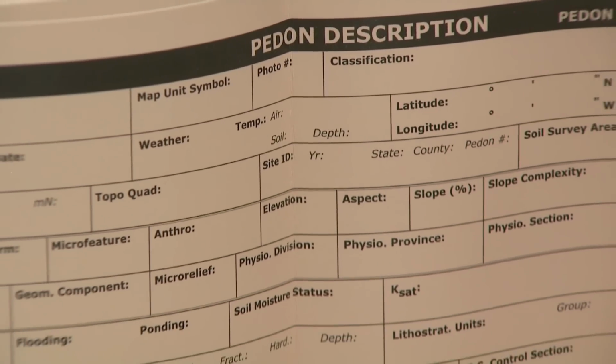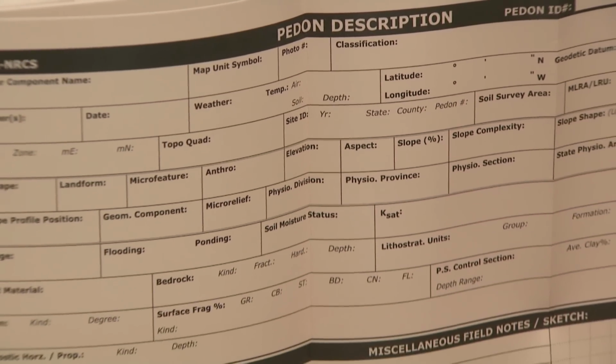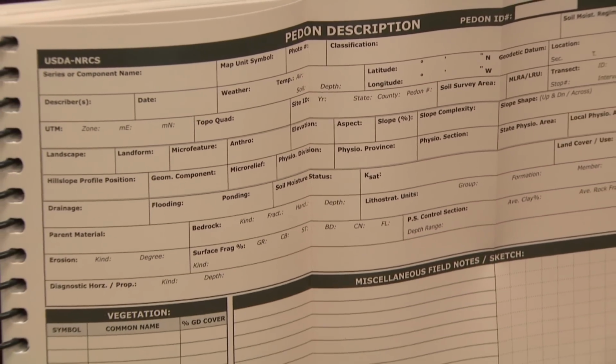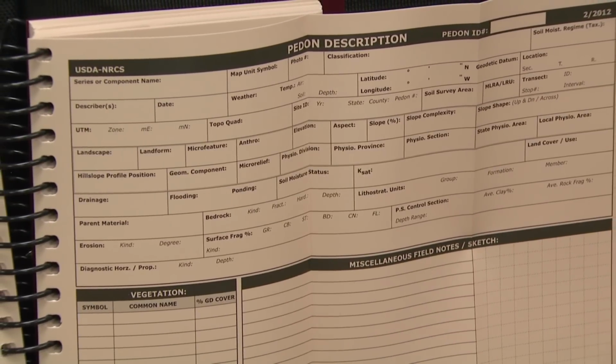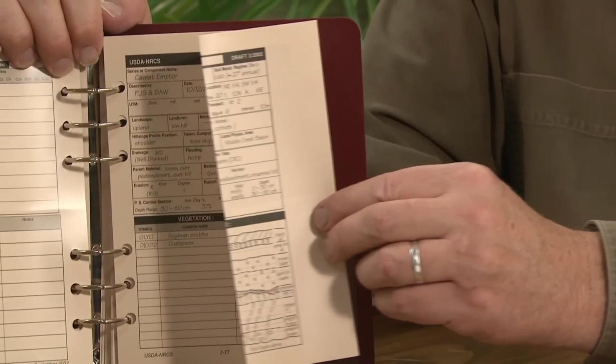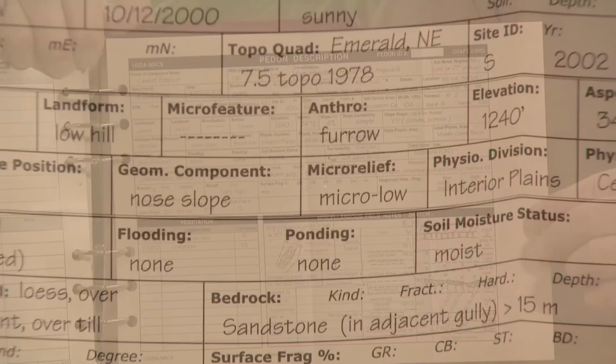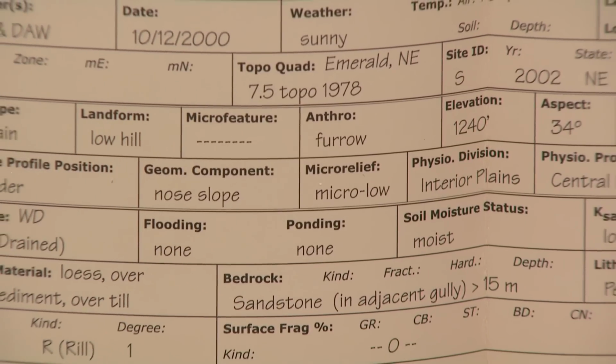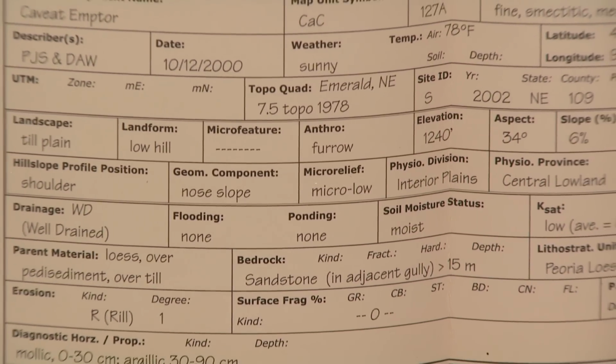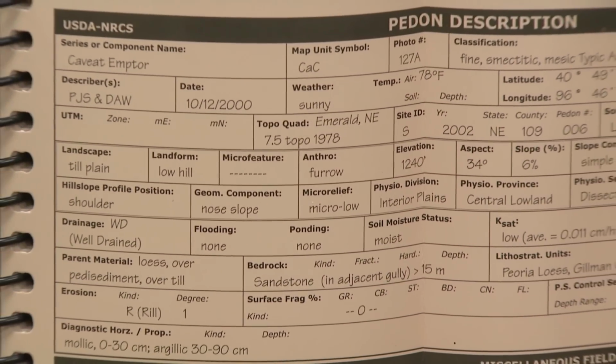There's a blank one for use that can be copied, and there's some other copies that are available on the web, electronic versions. But it's a front and back page that contains most of the major descriptors for doing both site description and a profile description itself. Also provided along with that form is a prototype that shows an actual soil profile description,